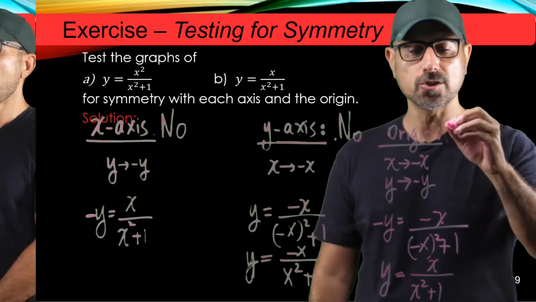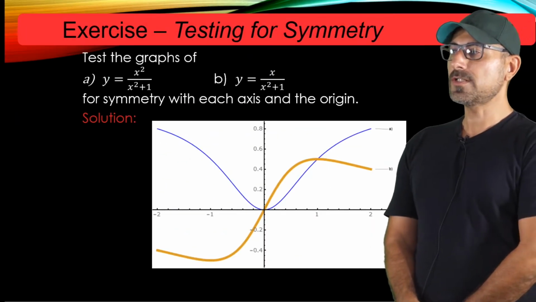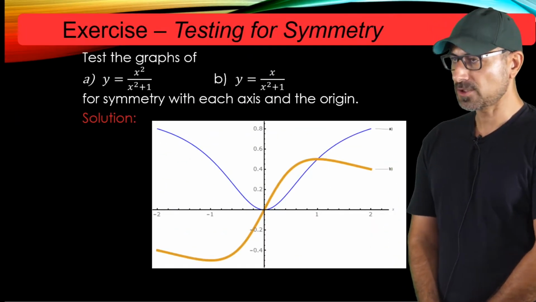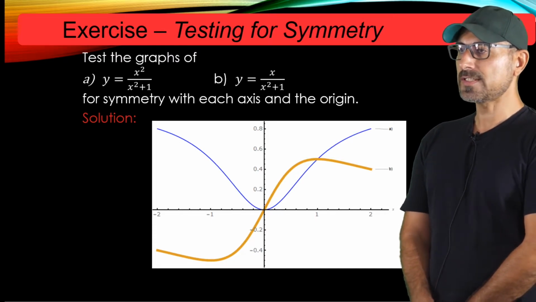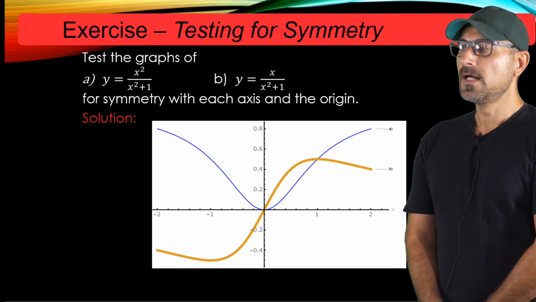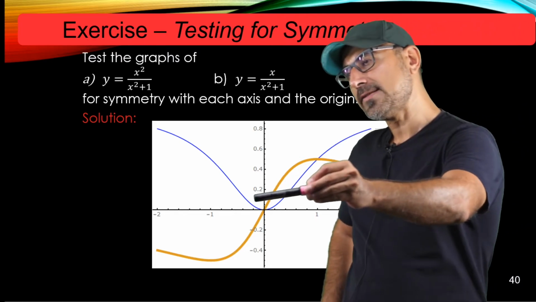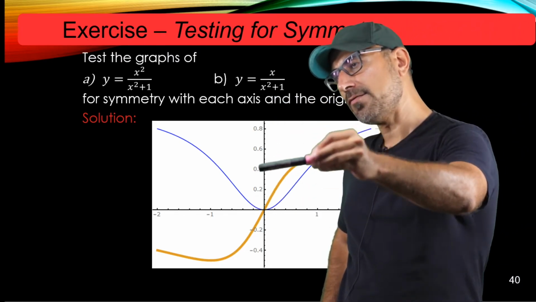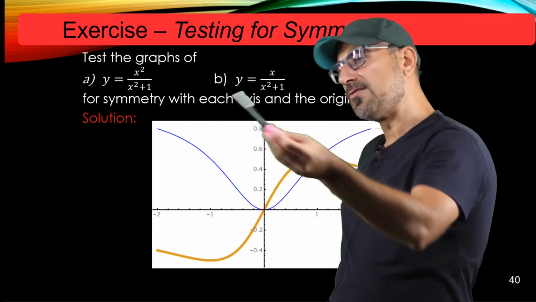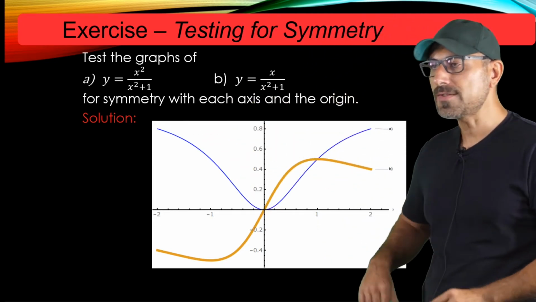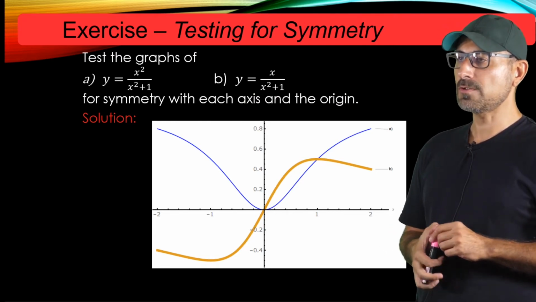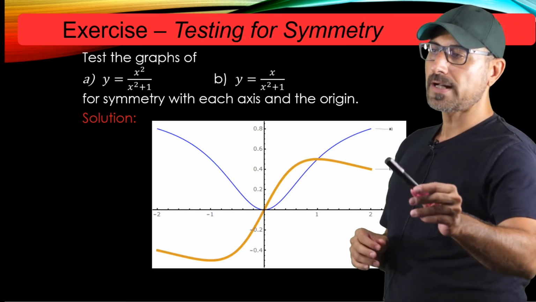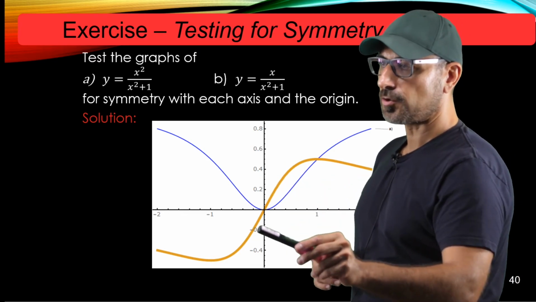so we do have a symmetry about origin. All right, the blue graph here is the graph for the first function, x squared over x squared plus 1. As you can see, there is a symmetry about y-axis. Just imagine the y-axis is like a mirror, and then the image here is reflected all the way across. And for y equals x over x squared plus 1, you have the orange graph. An orange graph, as you see, is symmetrical about origin, but not